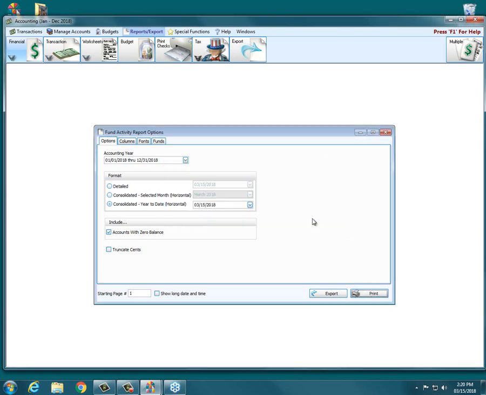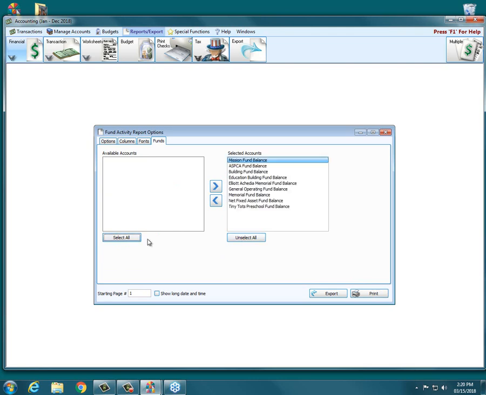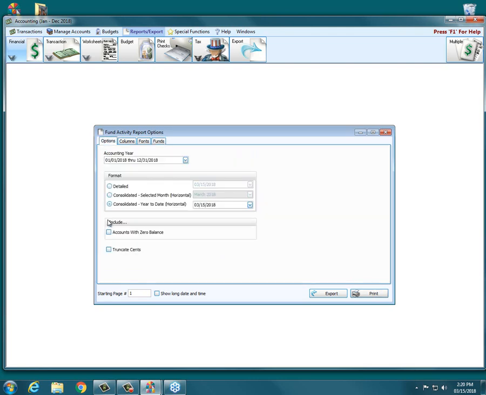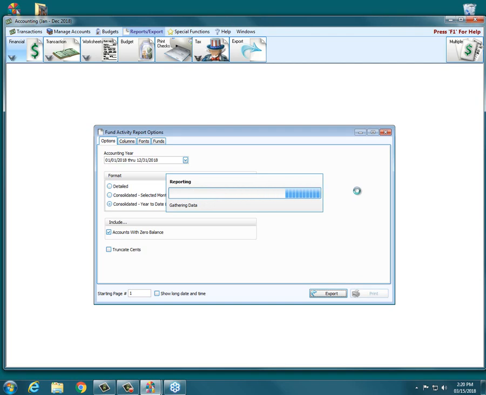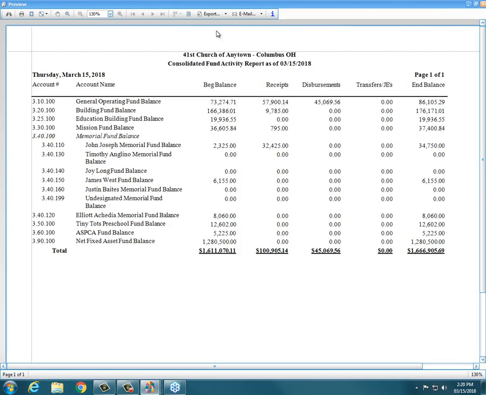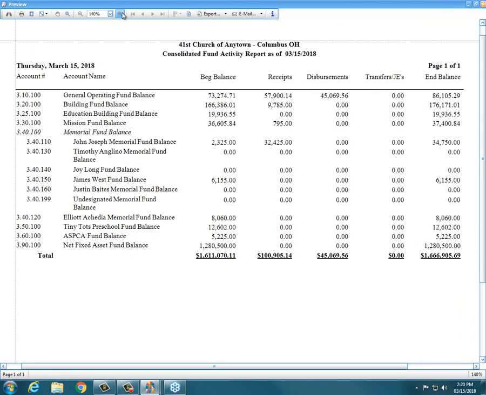I've got to select all. Sorry, folks. All right, so consolidated, we're going to include accounts with zero balances. I'm really hoping it pops up this time. There it is. Woohoo! Okay, so this is in one single page report,